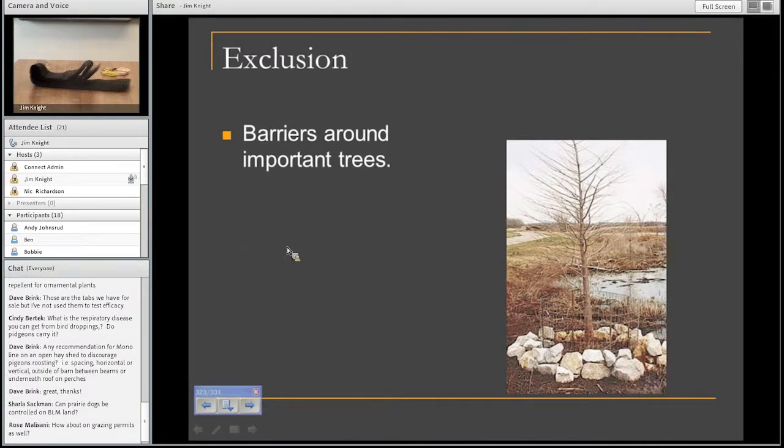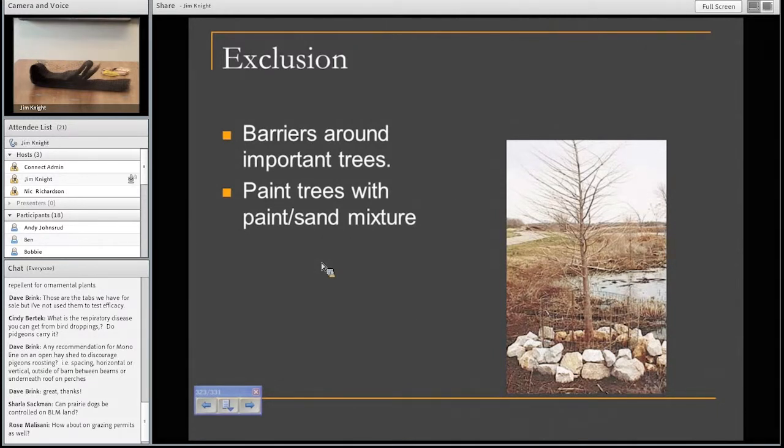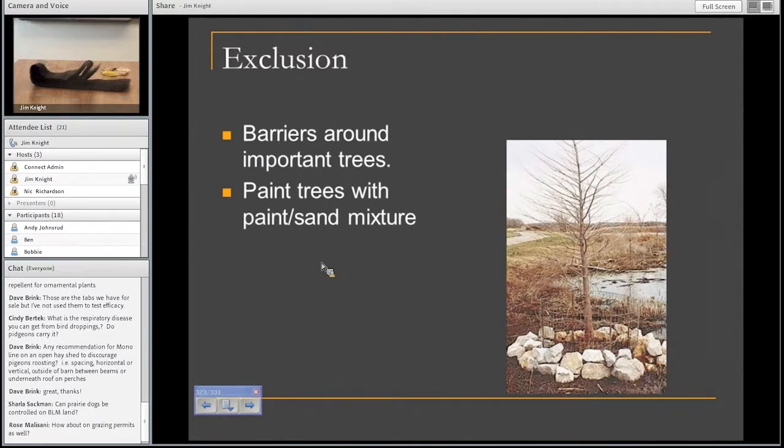We've also had some luck with a mixture of paint. And then we used drywalling sand. It's actually a stucco sand. Mixed that right in the paint and painted it onto the trees. And it lasted for about 3 years. And then, of course, as the weather and the tree grows a little bit, it started flaking off. But the beaver didn't like chewing through that paint sand mixture. And we were using it on some golf courses because it looked just like the tree. It was a grayish green color, and we were trying to save some aspens and cottonwoods. And it worked real good on those.